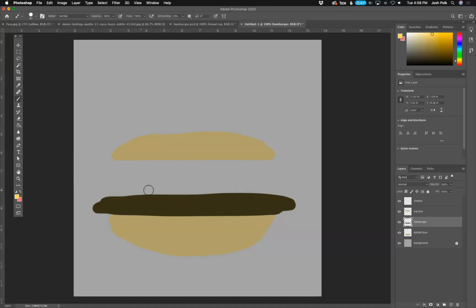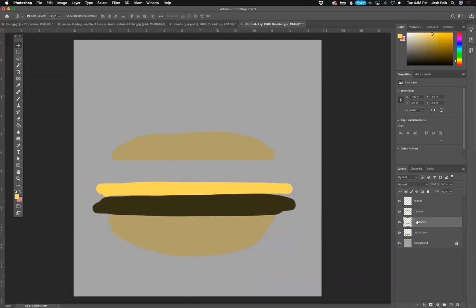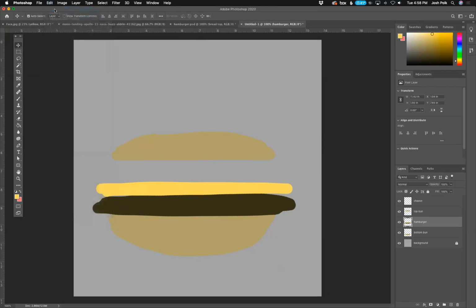Go back to my brush tool. I've got a nice big piece of cheese there, right? And I can use my move tool if I want to move it around. Whoops, of course I drew my cheese on my hamburger layer instead of the cheese layer. So let me hit undo. Edit, undo, and there's a nice trick. If you have a Mac, you can hit Command Z. That's like undoing. Or if a PC, you can hit Control Z. So undo,